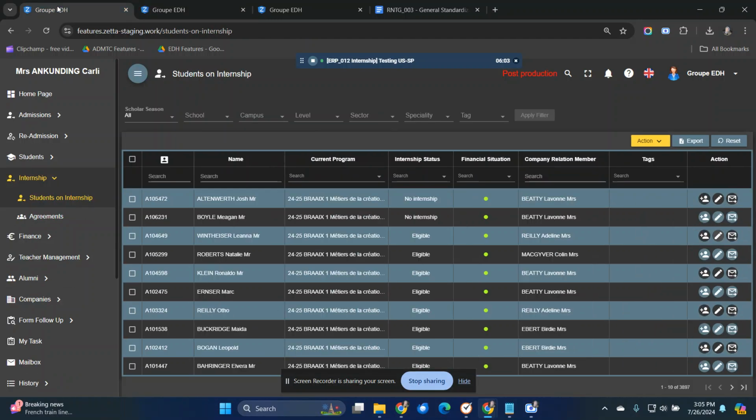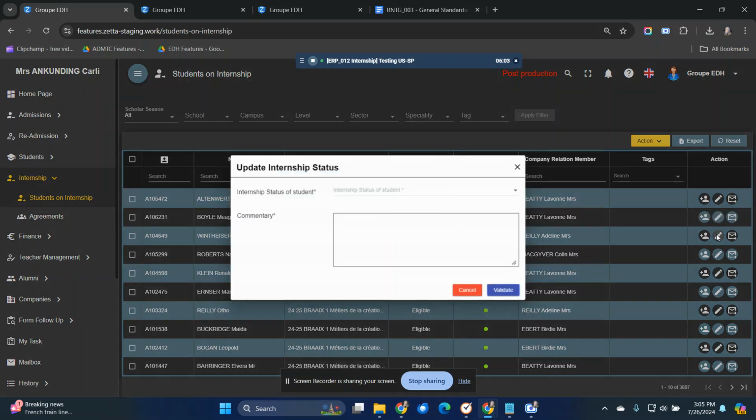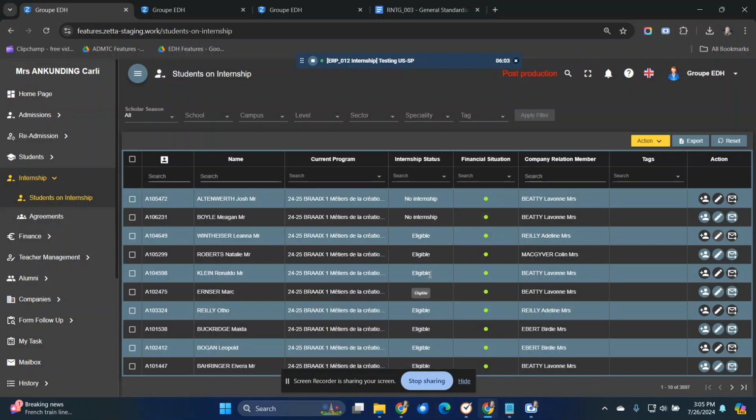But when I check for the student on internship, I tried to update the internship status. The status is not populated. The status before is not populated in here. So I think, as a user, the internship doesn't have a status, even though the internship status already has a status.